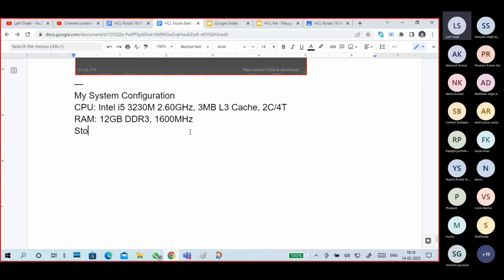What type of storage do I have? I have a hard disk. My hard disk size is 500 GB. Operating system: I have Windows 10 Home Edition.